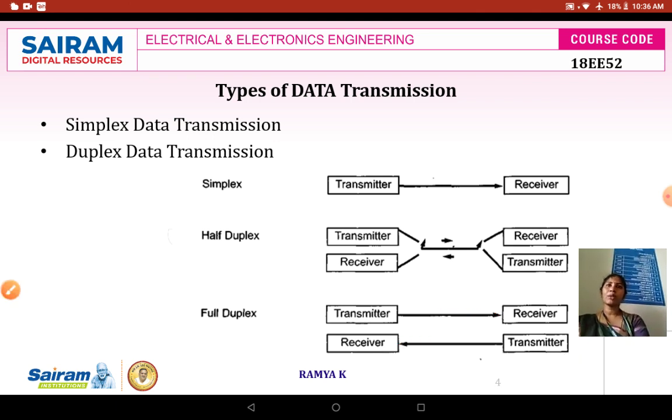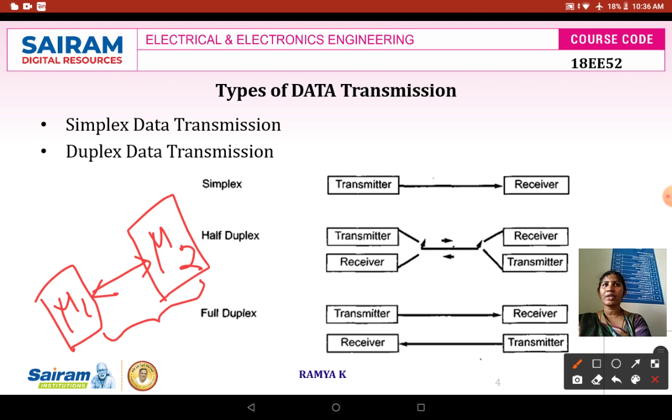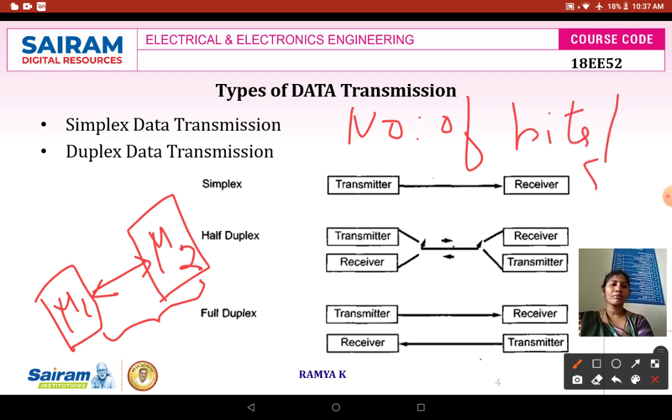So baud rate is nothing but, suppose you consider you are going to communicate between two microcontrollers. Here you have one microcontroller and here you have another microcontroller. I am going to name microcontroller 1 as mu1 and microcontroller 2 as mu2. So if I want to have a communication between these two microcontrollers, I need to match the baud rate between these two microcontrollers. So baud rate is nothing but the number of bits per second. The definition for baud rate is that it is nothing but the number of bits per second.